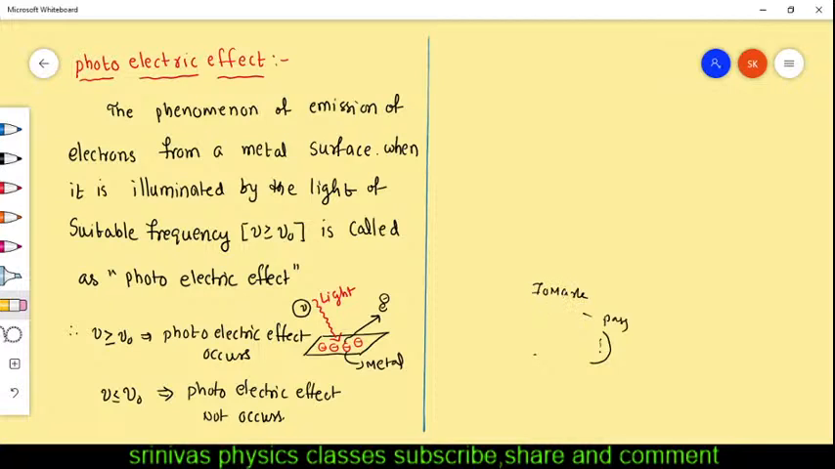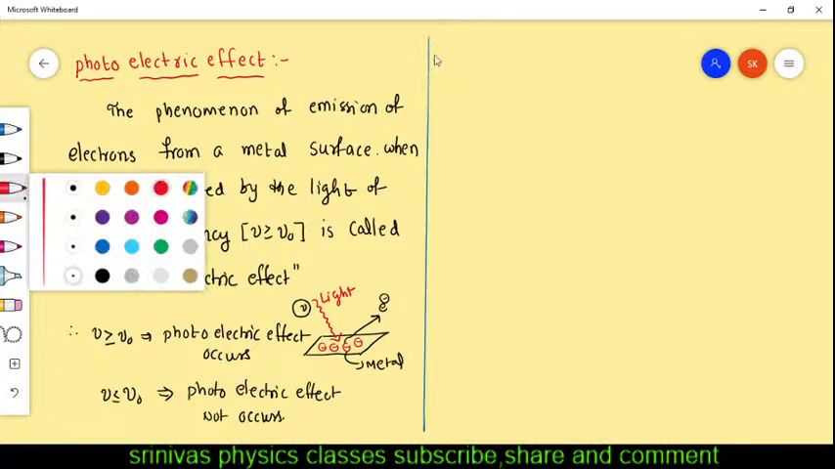Next topic, after the photoelectric effect, I am going to explain an important topic: the experimental study of photoelectric effect. Experimentally, practically, on what factors the photoelectric effect depends, all those things we are going to discuss. You listen very carefully. That is a very important topic. Yes, the topic is